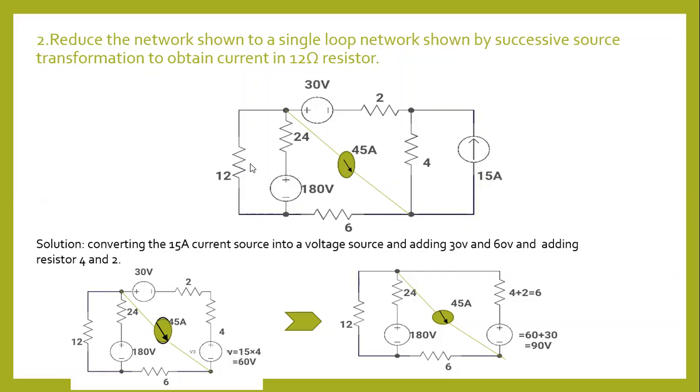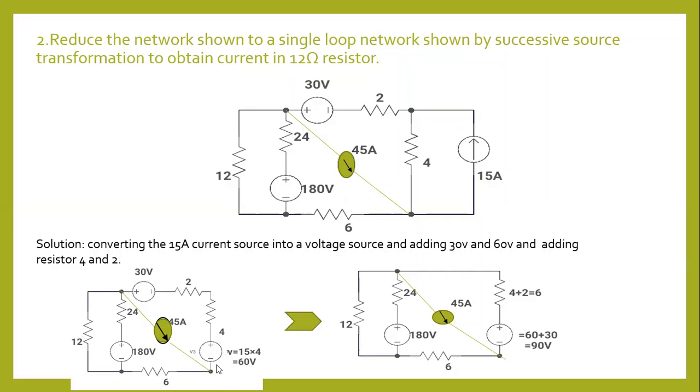Hence, we have to start solving from the other side of the circuit. There is a 15 amps source and a 4 ohms resistor. I can transform this to a voltage source. We get V is equal to IR, so 60 volts with 4 ohms, and again this 2 ohms is connected in series now. The 30 volts is connected as such, and the rest of the parameters are connected as such. Now the two voltage sources are connected in series and even the two resistors are connected in series.